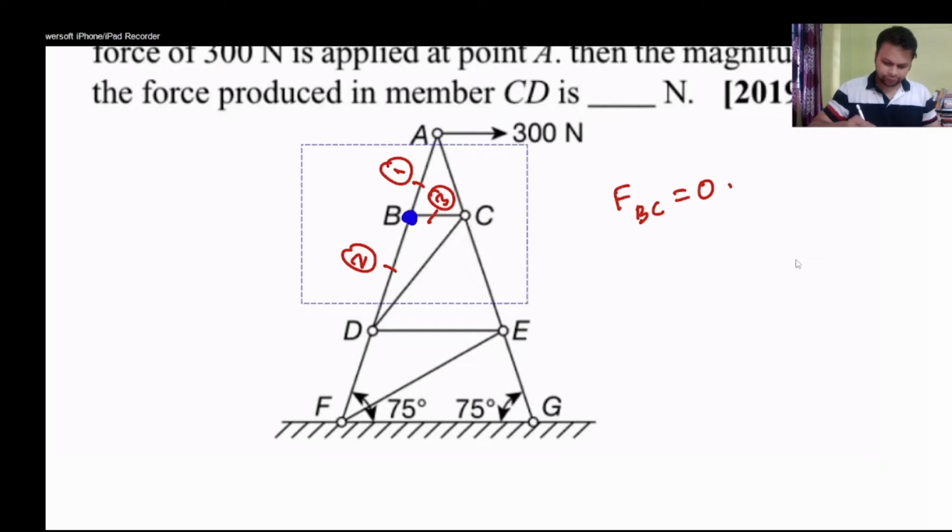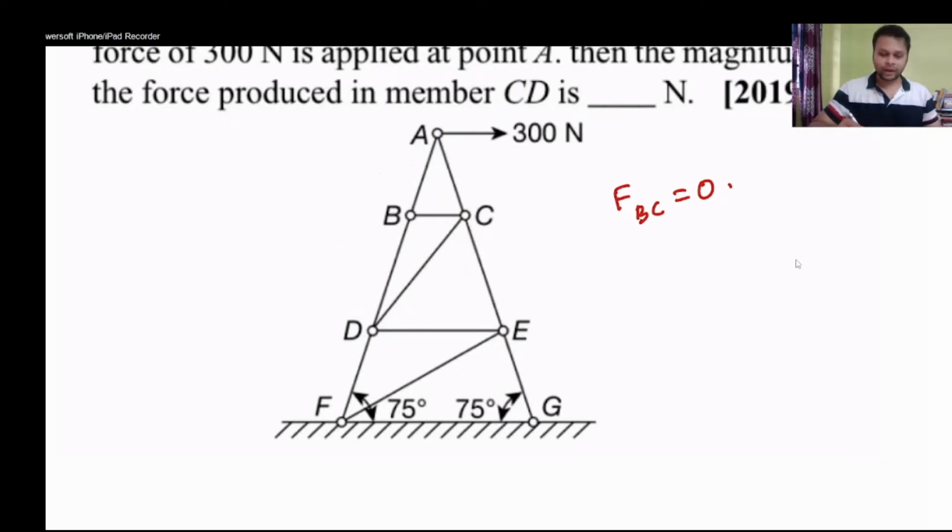Similarly, now if the force in BC is 0, I can simply neglect this member BC. I can simply remove it from the truss for calculation purposes, because it is not taking any load, it is not supporting anything. So if you remove this member BC, now if you concentrate on joint C,